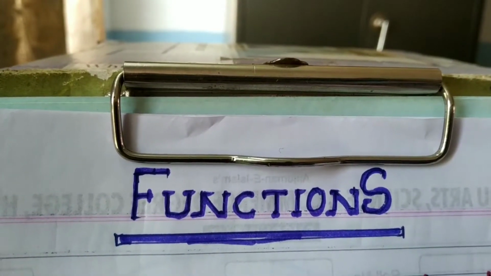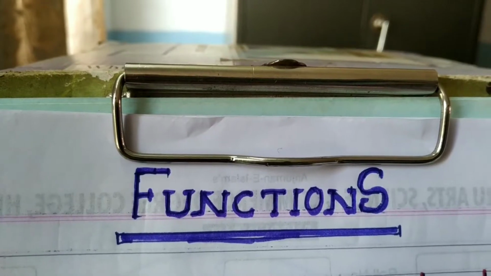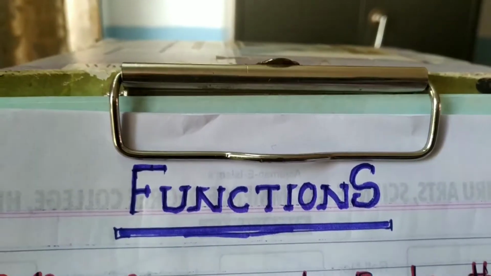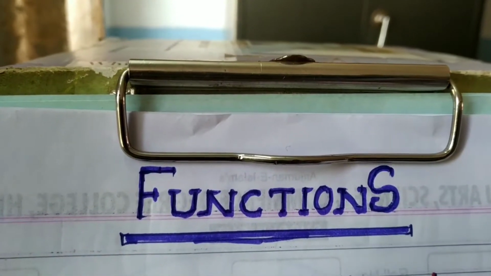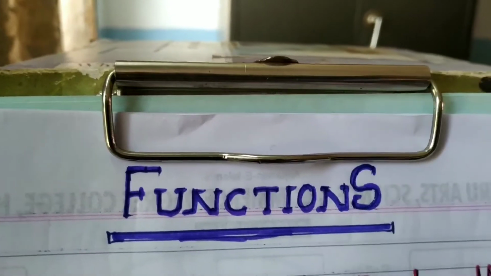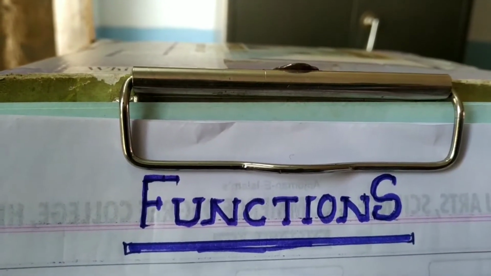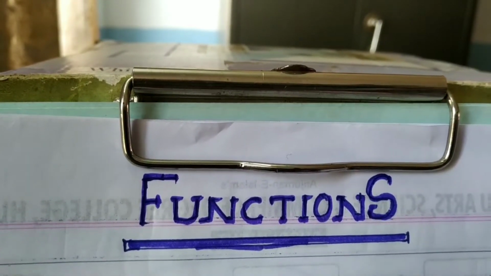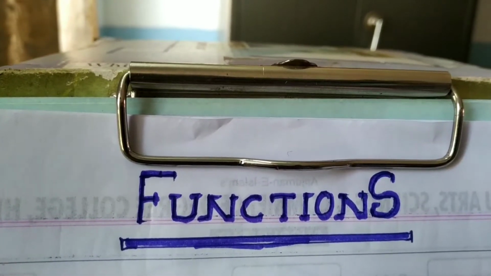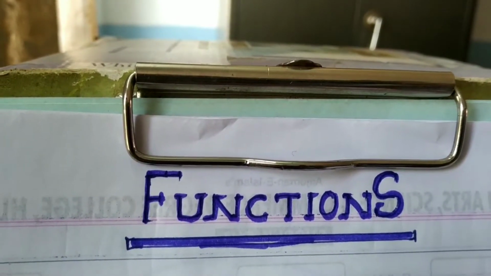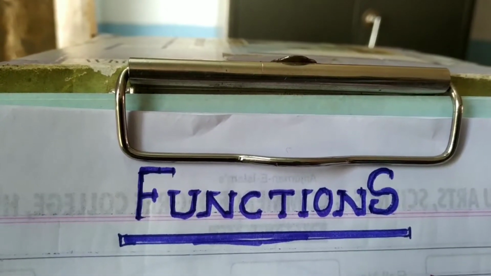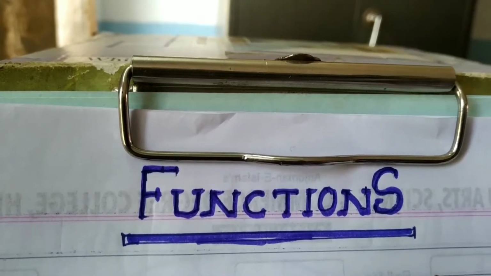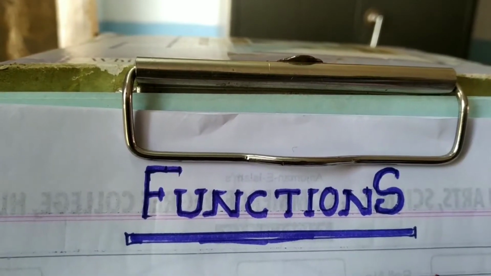For example, if there is a collection of people, a collection of some families, we can say A is a family, B is a family, C is a family, D is a family. If there are families, there may be some relations. So first, our definition says a set means some families are there. If the families are there, there will be relations, a brotherhood relation, a wife-husband relation, and so many relations. If there are relations, it means functions are going on.